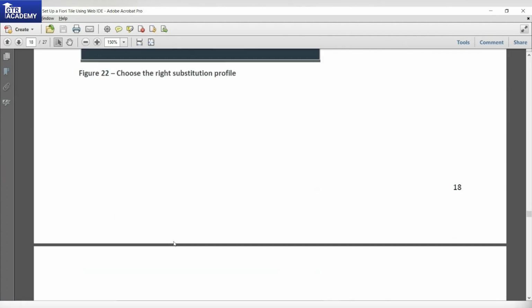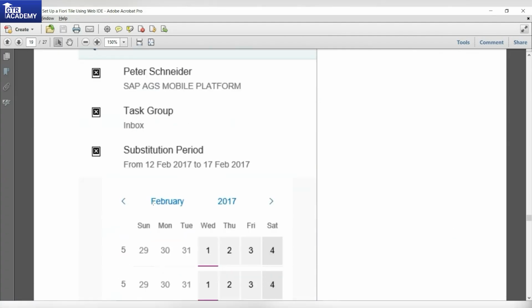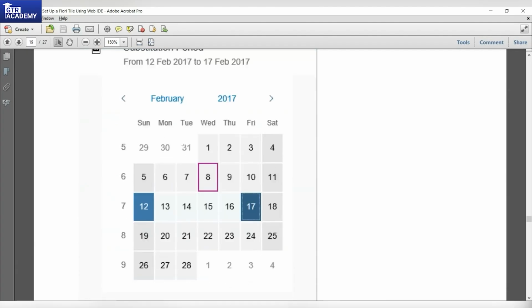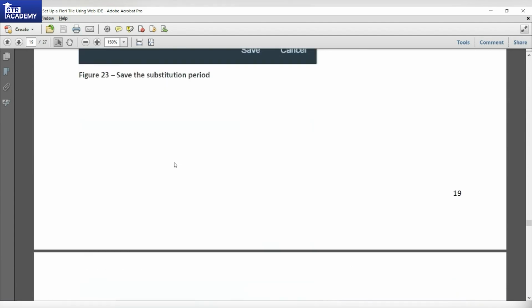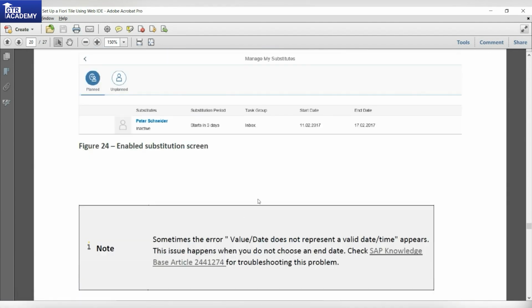So we have also created like that. I've used all tasks, everything that includes HCM, MM, FLM, PM, PP. All these modules will have all these. Okay, substitution period is selected. Now